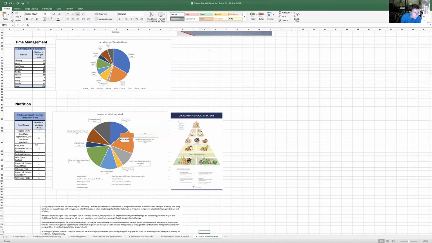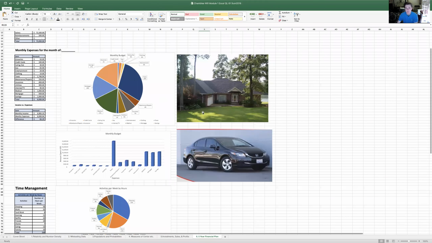The meals at 5, 2, 6, and 8 are all around the same kind of number, but the percentages really show how much a real percentage is instead of the numbers. It makes it easier to understand. In terms of where I want to live, again, I think this house picture kind of explained it. A nice suburb, maybe in Arkansas, hopefully. Also because the cost of living is lower here in Arkansas than most other places.